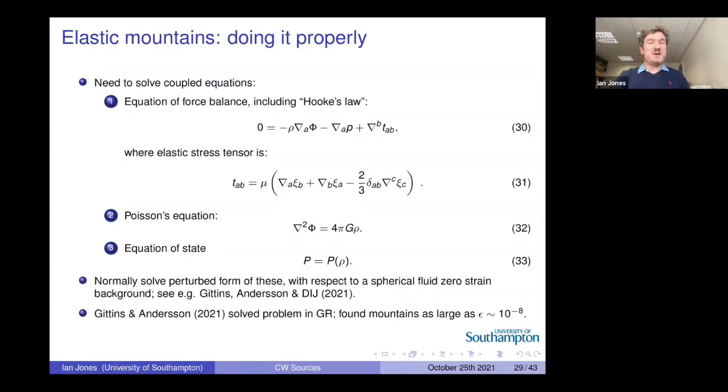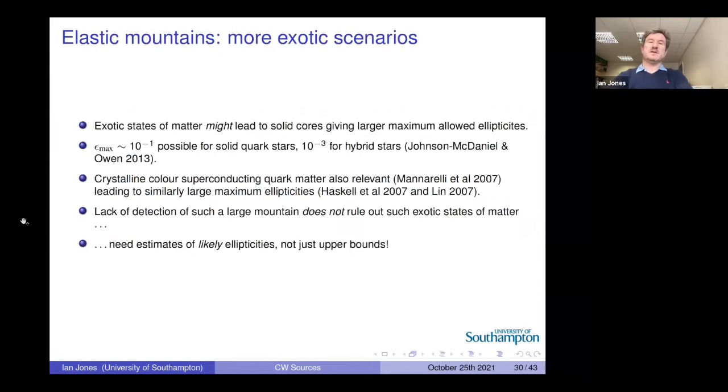Well, it suggests that maybe the back of the envelope is perhaps a little optimistic, and the realistic maximum size might be somewhat smaller. But I think people are still working on this problem. So it is actually possible to get significantly larger maximum ellipticities if you allow for more exotic interiors to neutron stars. And so, for instance, some people have speculated that you could get solid quark cores, or even have solid quark